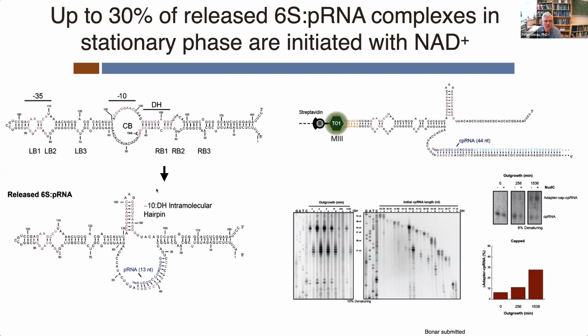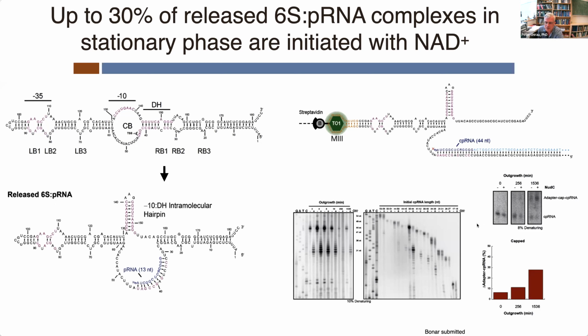This pRNA is what actually triggered the rearrangement, so it released, and then just adding RT enzyme to fill in the 6S RNA using the pRNA as a primer. And this way he could observe the length of the 6S RNA, which is not fully matured at early time points, and then its maturation as you undergo outgrowth, and the size of the pRNA when he hydrolyzed off all of the pRNA and then measured that indirectly through the length of the cDNA that he produced.